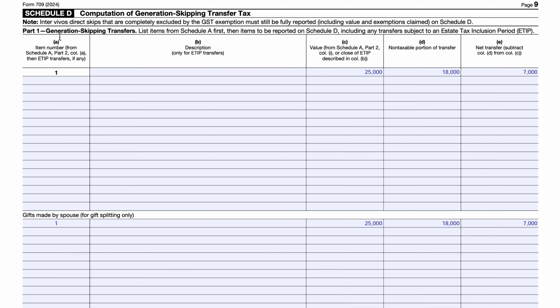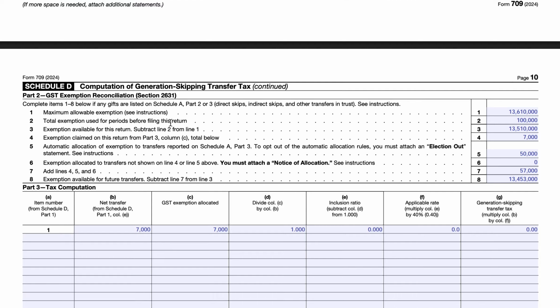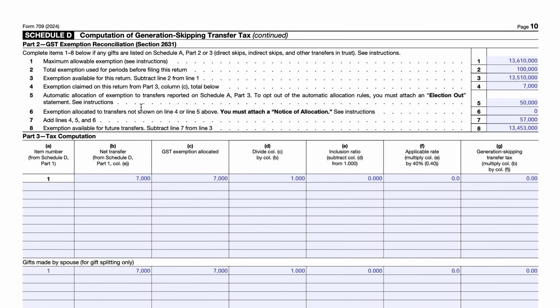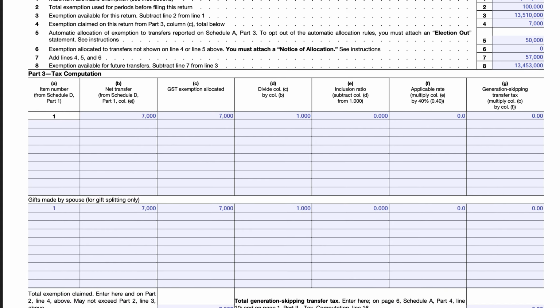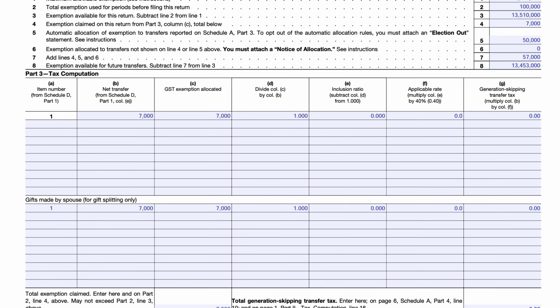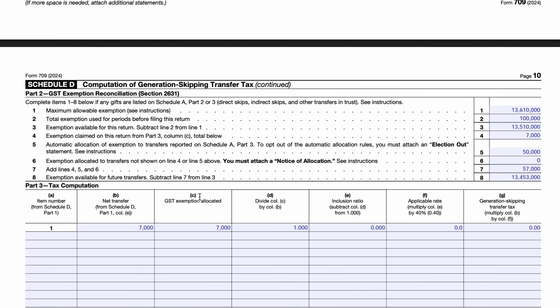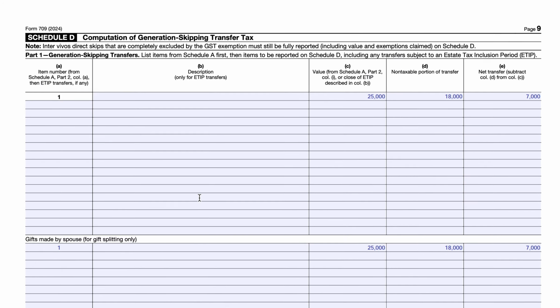So there are a couple parts. There's part one, the generation skipping transfers. Part two is the GST exemption reconciliation. And then part three is the tax computation. I'm going to make sure that we include the entirety of this part right here, just to make sure that we can see all of it. So let's go ahead and start with